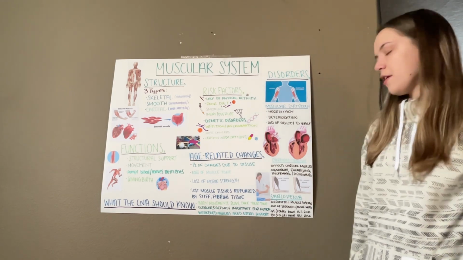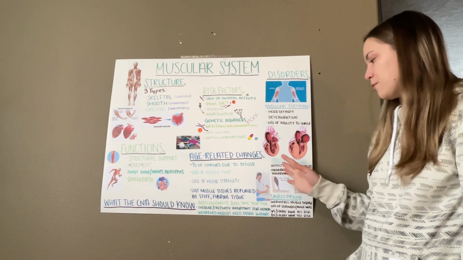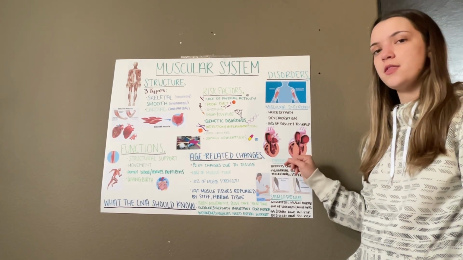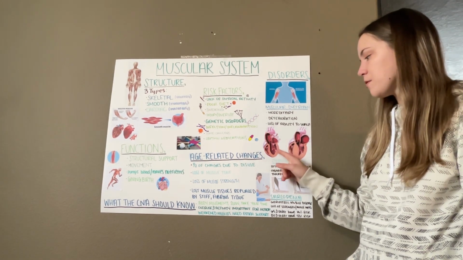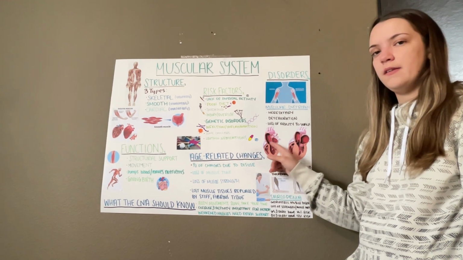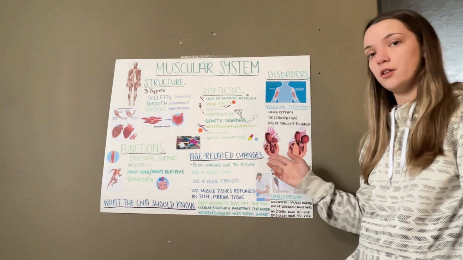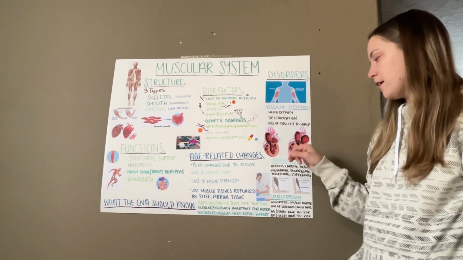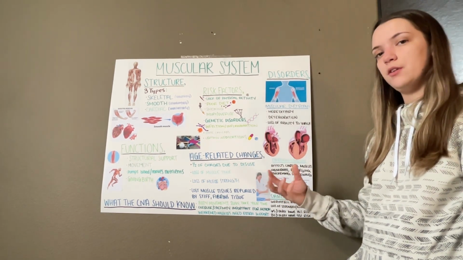Another type of disorder is cardiomyopathy. This isn't necessarily pertaining to your whole body, but is specific to the heart. So this is a normal heart right here. The muscle is this light orange part. It's more elastic, thinner, and not as stiff when you're younger. Cardiomyopathy affects these muscles and causes them to become abnormally large or stiff